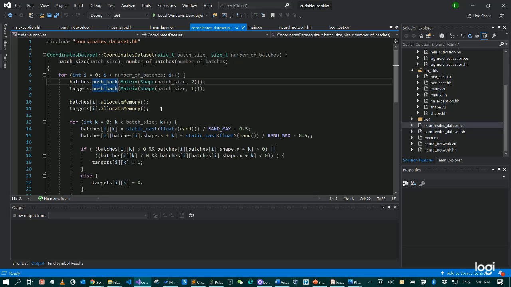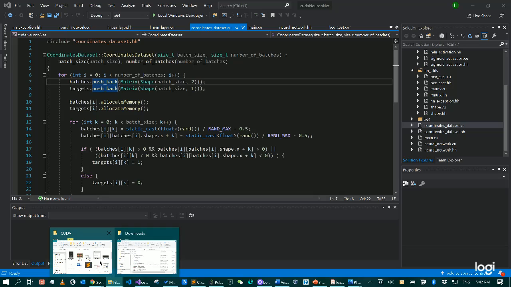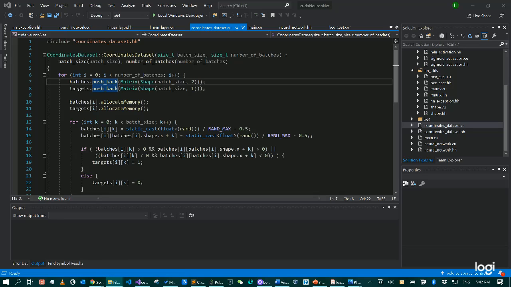So basically, we're going to randomize some data, and then we're going to check whether this value is greater than 0 and this part is greater than 0. So what does this mean? Let me pull up another screenshot. So basically it means whenever we have, in the coordinates, the first and third quadrant,